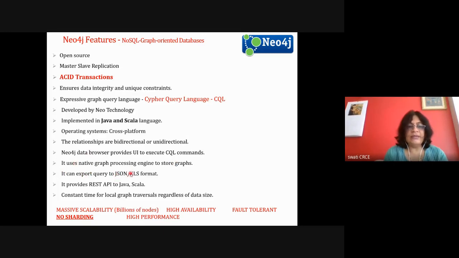And a native graph processing engine is used. The processing engine is itself a graph processing engine. So to store the graph, to perform the query on the graph, it is designed in such a way that it will give you the results very fast as compared to what we write as our own graph algorithm.